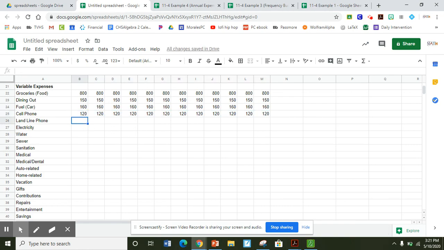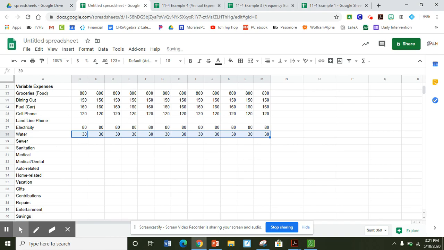They don't have a landline, so we're just going to leave that one blank. Electricity, maximum $80 a month. That's probably higher in the month of December, but that's just my household. We like our Christmas lights. $30 a month for water, maximum, so maybe they don't have a front yard to water. Sewer, looks like they don't have a cost for sewer and sanitation, or specific medical bills, but they do have